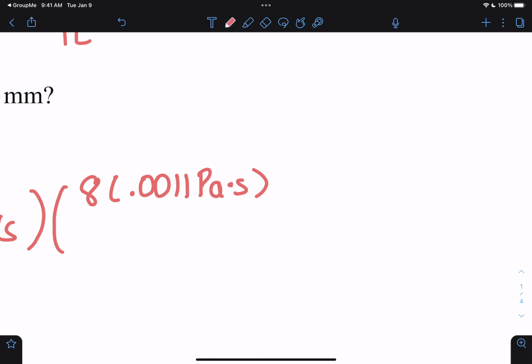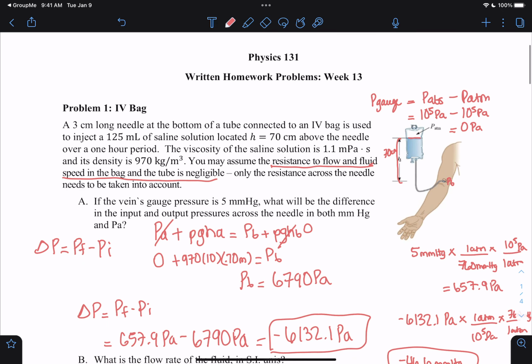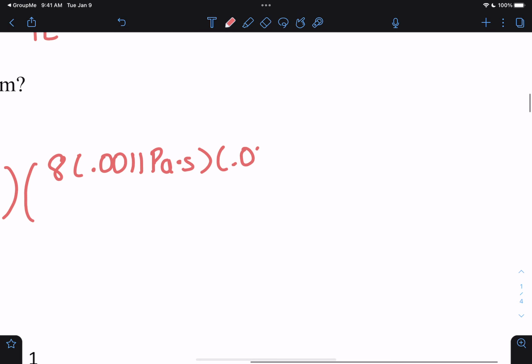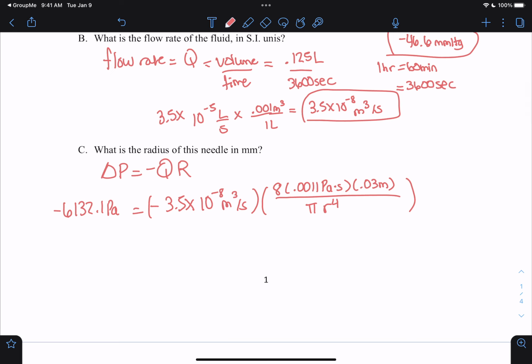And then times your length. The length of the needle is 3 centimeters, which is 0.03 meters. And then we can divide by pi times the radius to the 4th. And we're trying to figure out that radius anyway. So if you do your rearrangement, move things around,